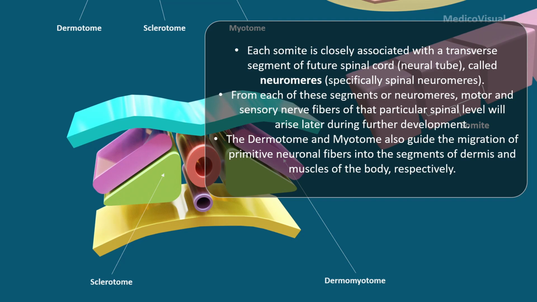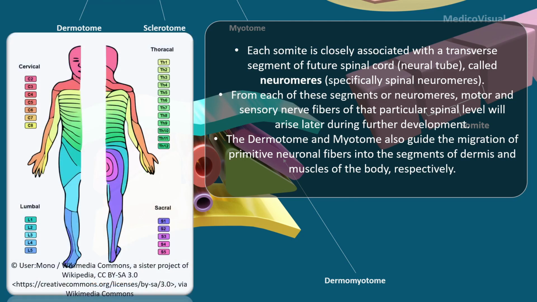into the segment of dermis as well as muscles of the body respectively. And that is why in adults, the area of a skin is supplied by a particular specific sensory spinal segment. Similarly, in adults, a particular muscle group is supplied by the specific spinal segment. The area of skin that is supplied by a particular specific spinal nerve is called dermatome, and similarly the specific muscle group that is being supplied by a particular specific motor nerve, spinal segment of that motor nerve,